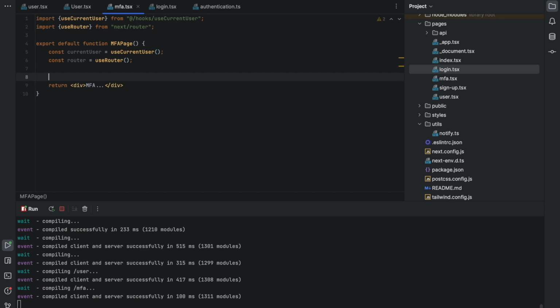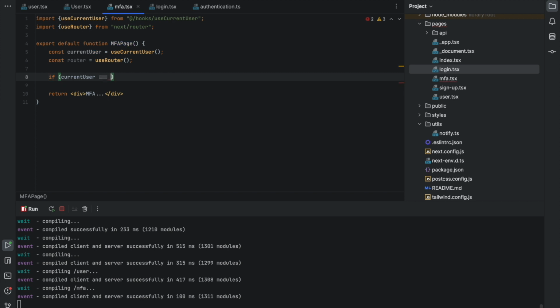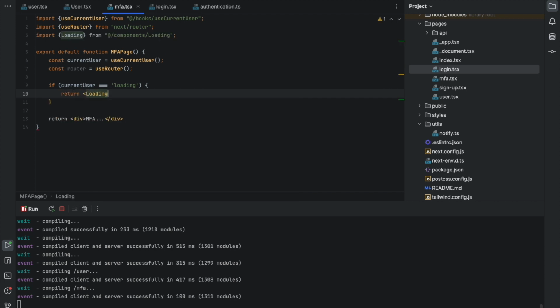Okay, and we are going to verify if the state of the current user is loading. In this case, we are going to return the loading,